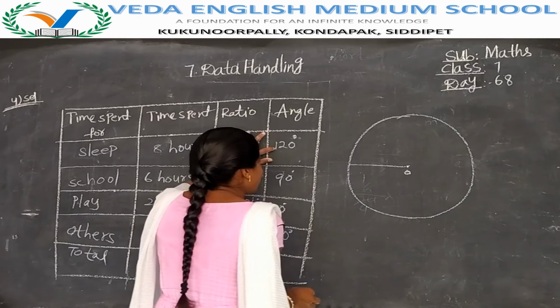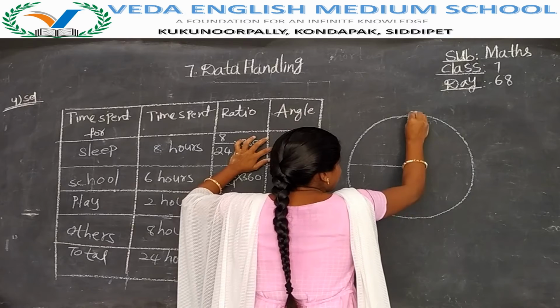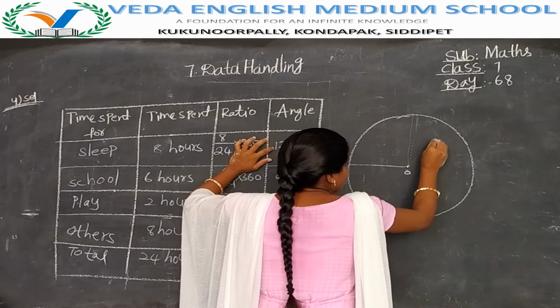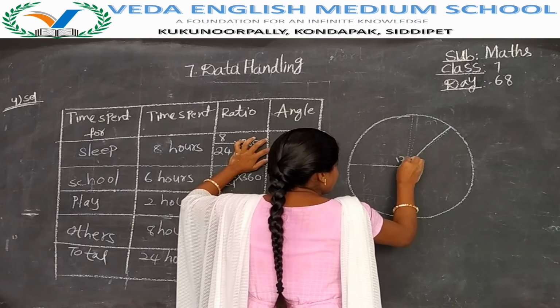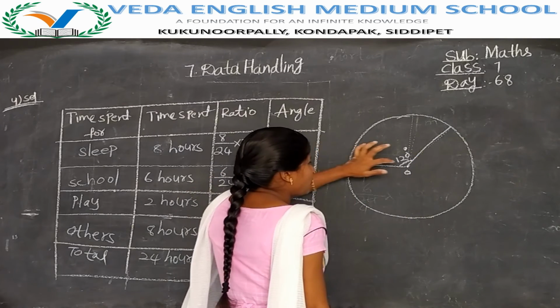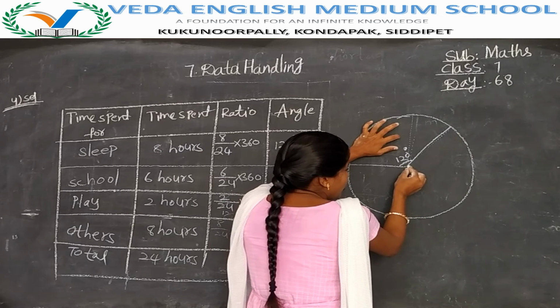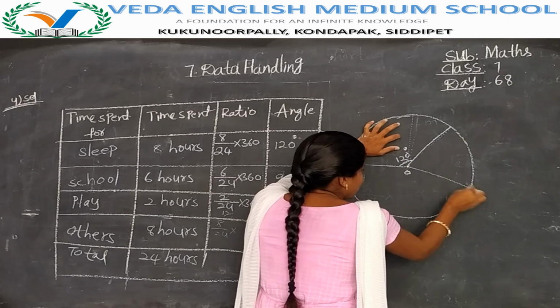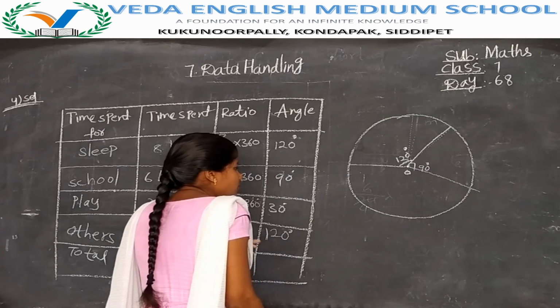Then first you have to draw 120 degrees. Exactly 90 means we will get like this. 90, 120. So I think here we will get 120. Then again keep your protractor here at 120 and then draw 90 degrees. I don't know how much we will get. Draw like this, maybe 90 comes; I am assuming and drawing.